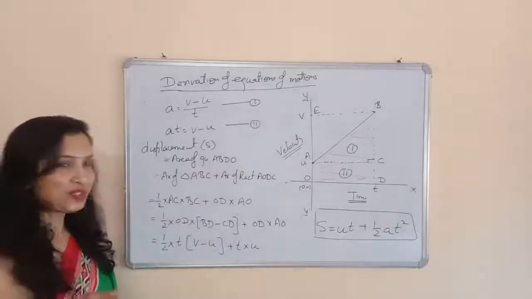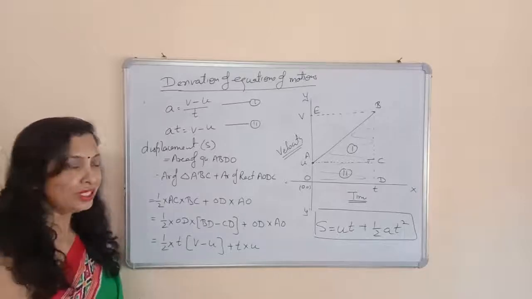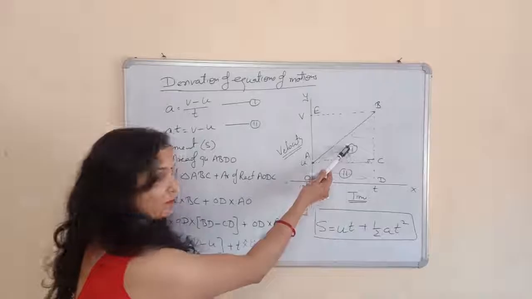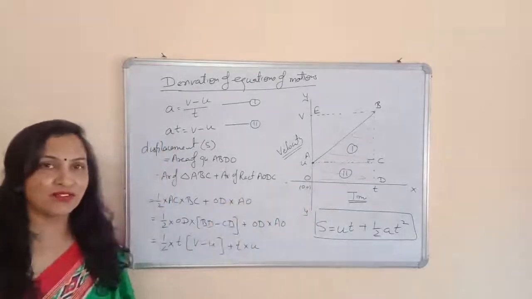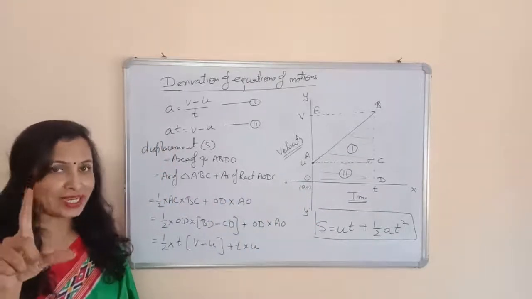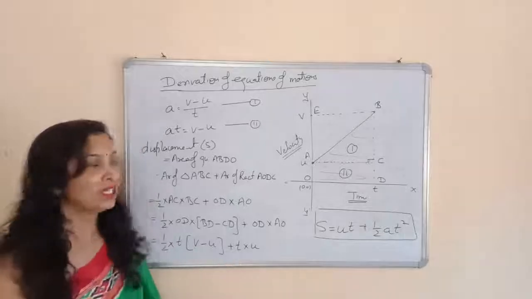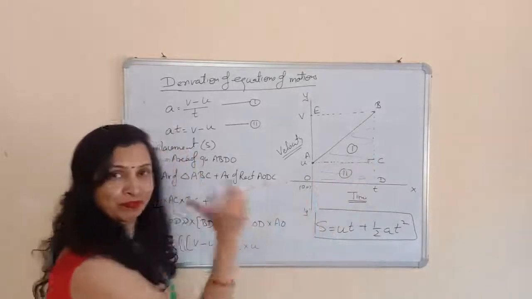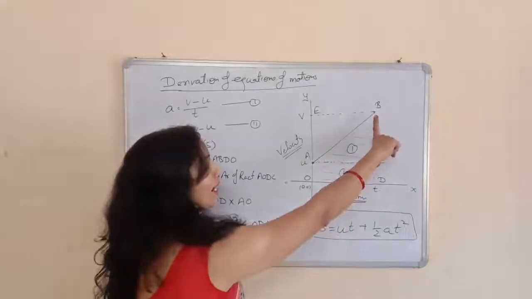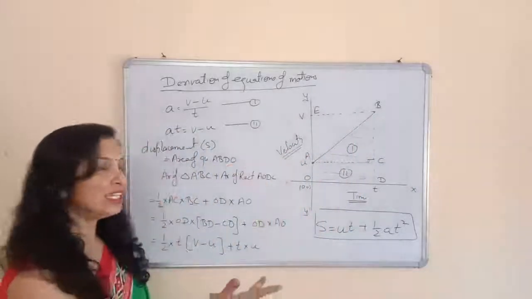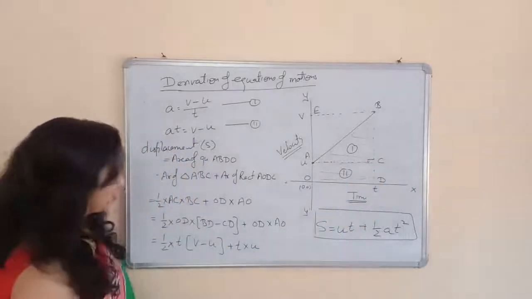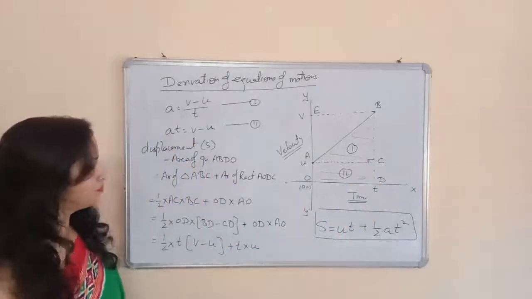Again, you can pause video for writing the statement. It's really important. So what we are doing? We are finding the area of this triangle plus the area of this rectangle. And the area of the triangle we know that 1 upon 2 base into height, and area of rectangle is L into B. So base is AC, we can say AC equal to OD, right? And height is BC. And we can find the length BC by BD minus CD. Okay. So please write this one.